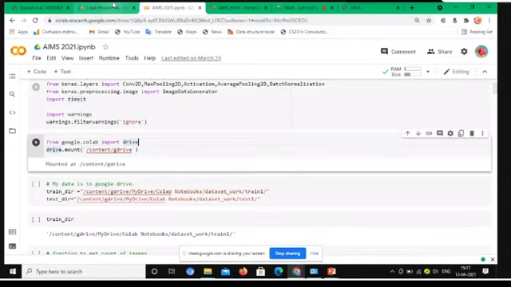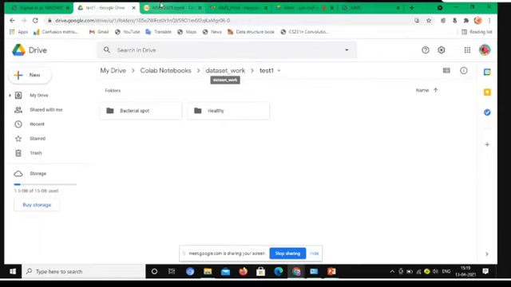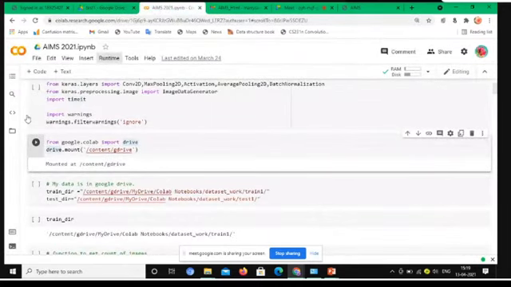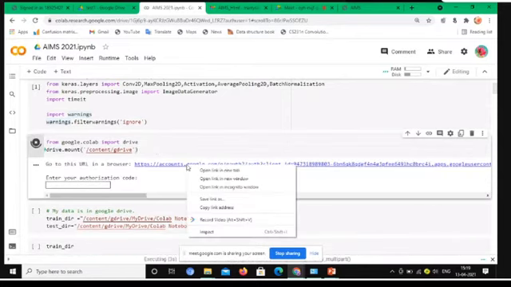So these datasets are created in my own Google Drive, and the images from this Google Drive are fetched into our code. For that, we have to use from google.colab import drive and drive.mount. So I will run this code. First one is running. If I run this, one link will be available. We have to give the mail ID in which the dataset is stored.